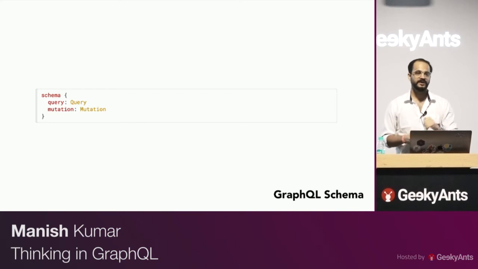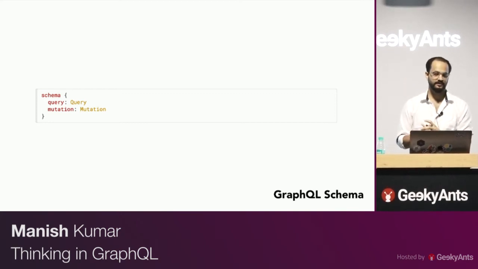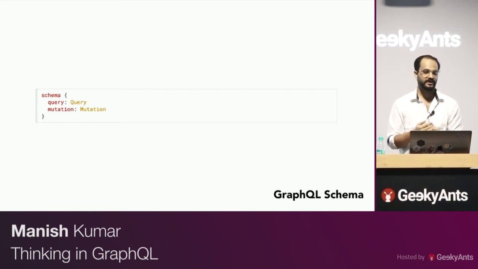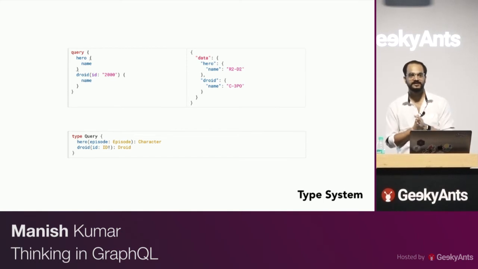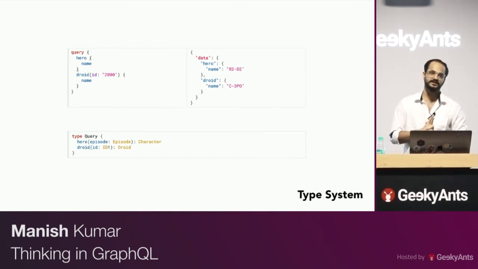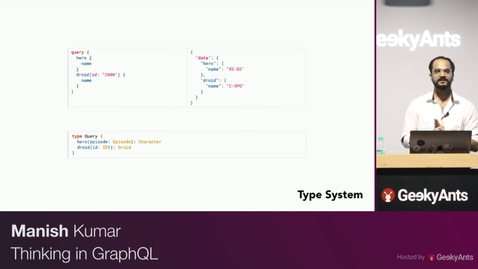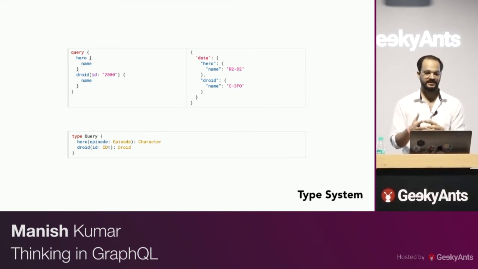But then without query and mutation, GraphQL cannot do anything because these are the entry points for your query or mutation. So anything that you want to query, like a user, has to go inside the type of a query. We'll see how. But then understand there's a type system here. Since GraphQL is just a specification, there's no specific language that it says that you have to write your types in.